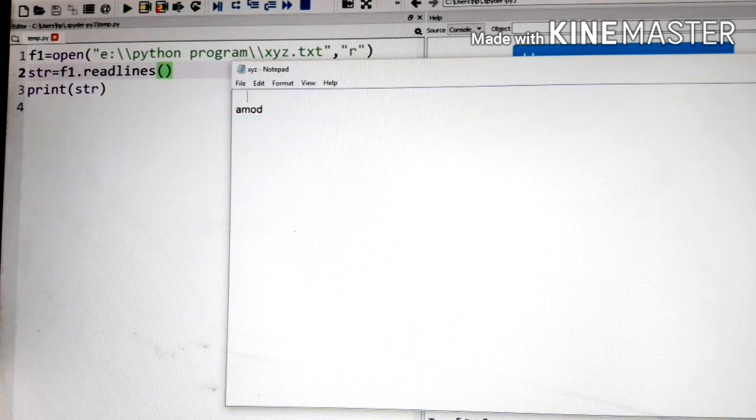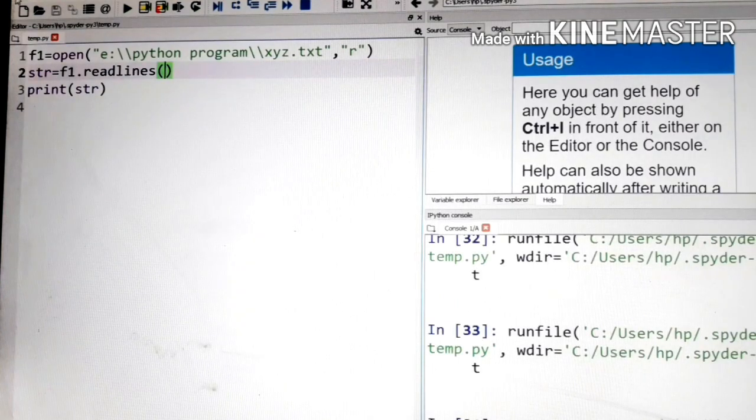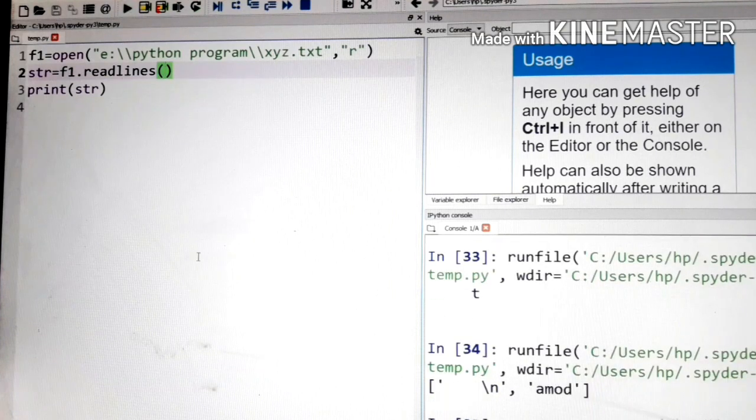Okay, now run this file. Now what's going on? The output is \n, because the first line is the empty line, so it shows the \n, that is the delimiter.